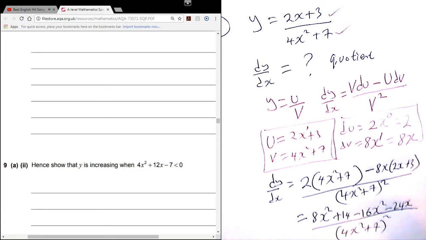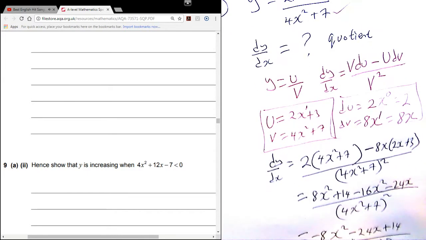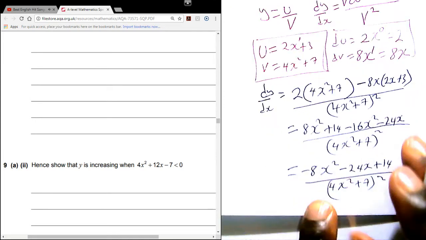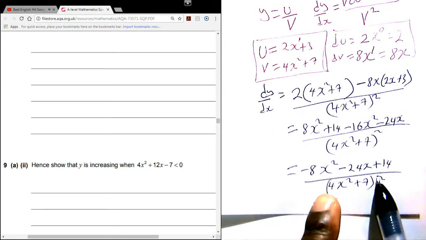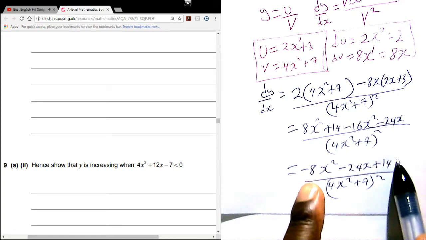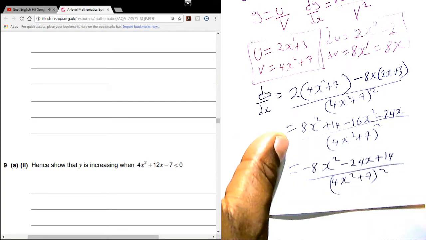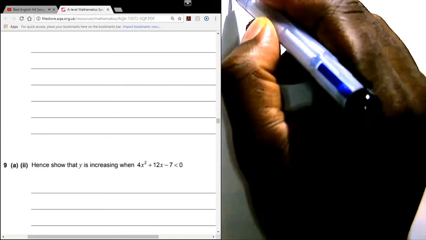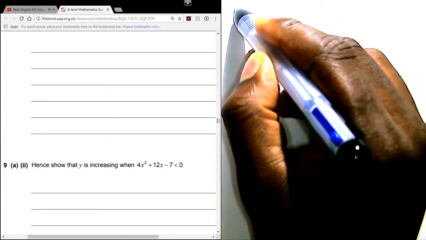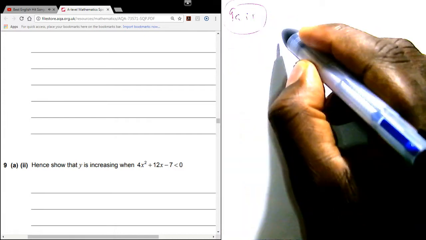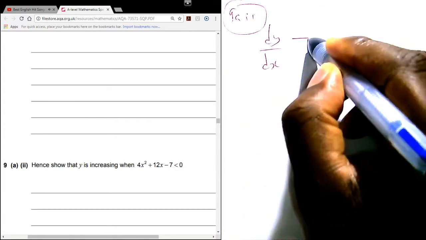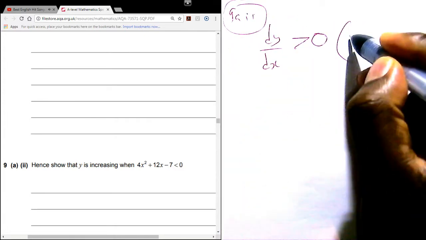Well, all we need to say is that if I've given you dy/dx to be this one, then for it to be an increasing function, this must be greater than 0. So that's all we need to introduce in the answer. So we'll just say question 9a, Roman figure 2, dy/dx greater than 0, increasing